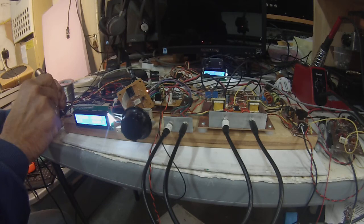I've actually noted that when there's lots of signals present, the phased output seems to produce a cleaner signal than the one where you're doing it at 4 times and dividing it by the 74AC74. I'm not sure that it isn't just a perception of mine, and I've not actually run it down, but